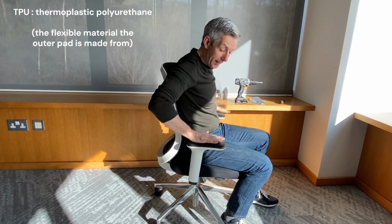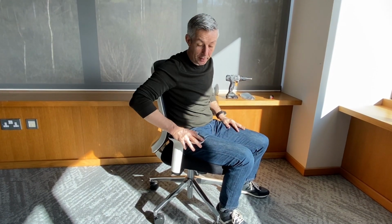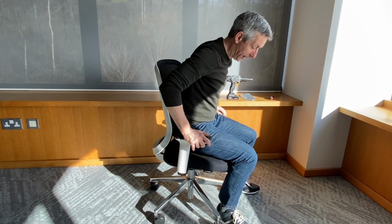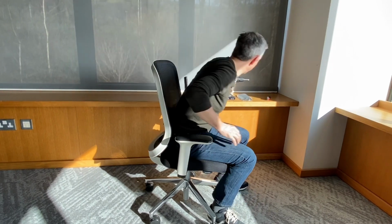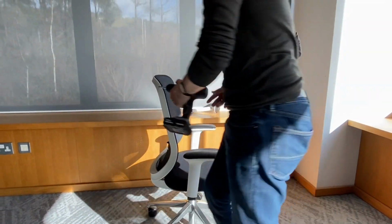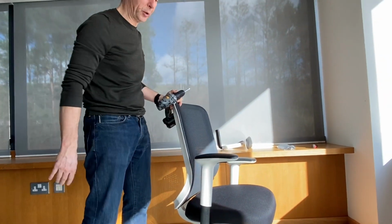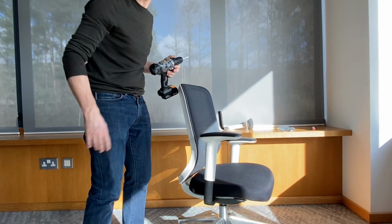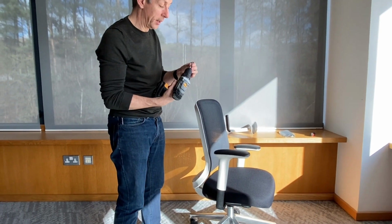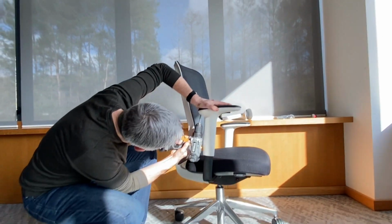So this is a well-loved Do chair that I've just taken from one of our teams here in the factory. So it's about 7 years old, but still going strong. So very simple process. So I'm actually going to start by just raising the arm up to its highest position. That just means that I've got a little bit more space to work under the chair and get the screwdriver in. So all I do to start off with is simply